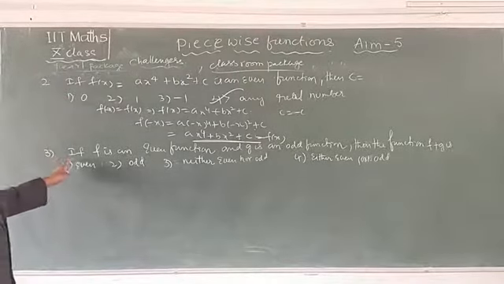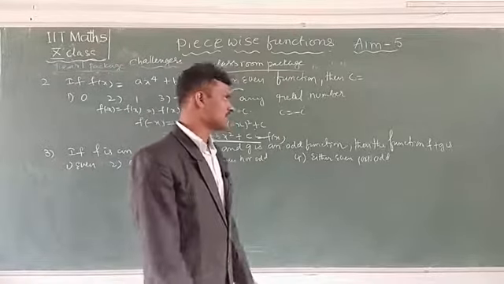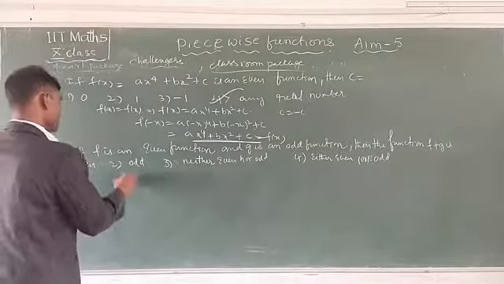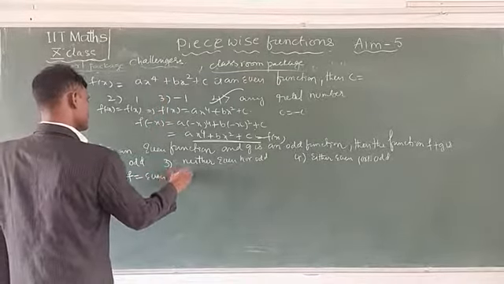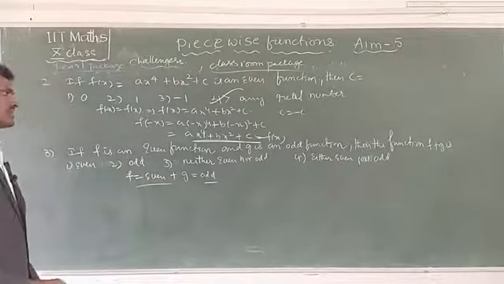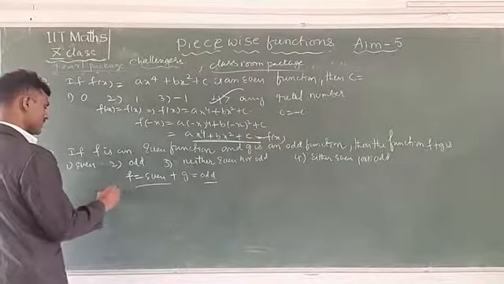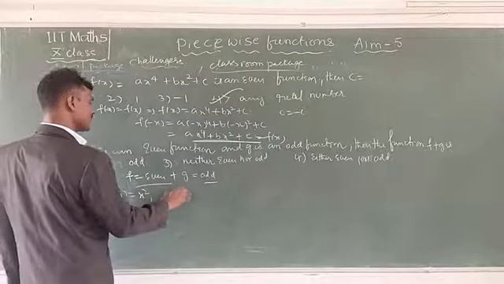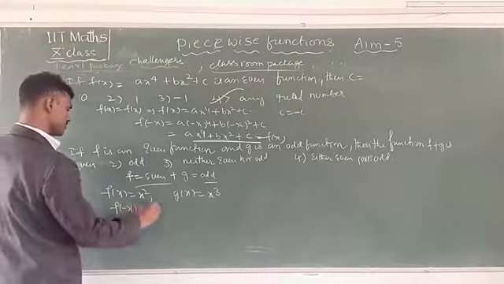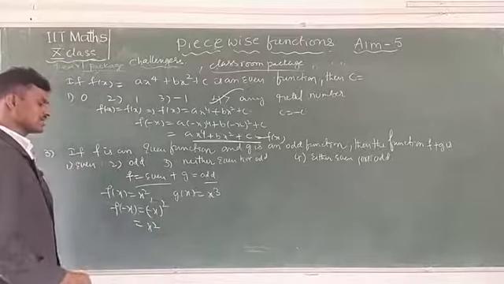Now see here. If f is an even function and g is an odd function, then find the function f plus g. See here, f is an even function plus g is an odd function, one even function and one odd function. Is this an even function or odd function? How is it? See here. Here f of x is equal to, you can take x square, and g of x is equal to x cube, you can take here. Now here f of minus x is equal to minus of x square, and this is minus of x whole square, means here x square.